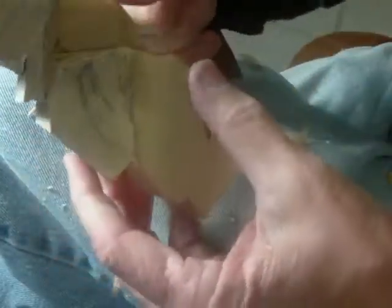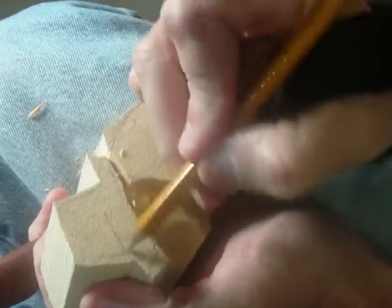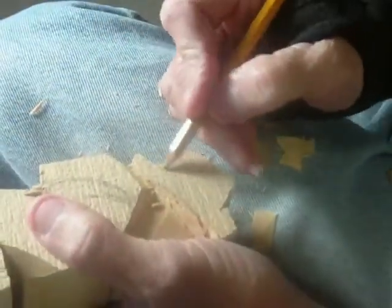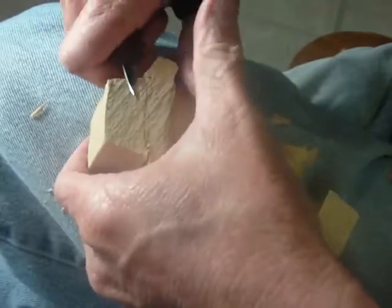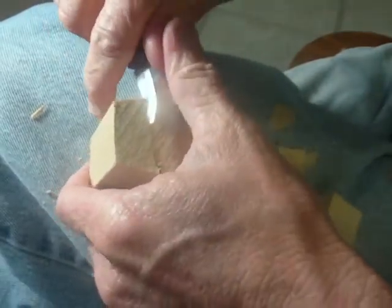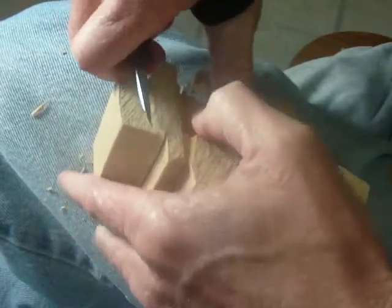Okay. Now, we're getting there, as we say. Alright, what I want to do is find my... Alright, we want to take this hat and we want to start bringing this hat down. Now we want to be careful, very, very careful, as to not...